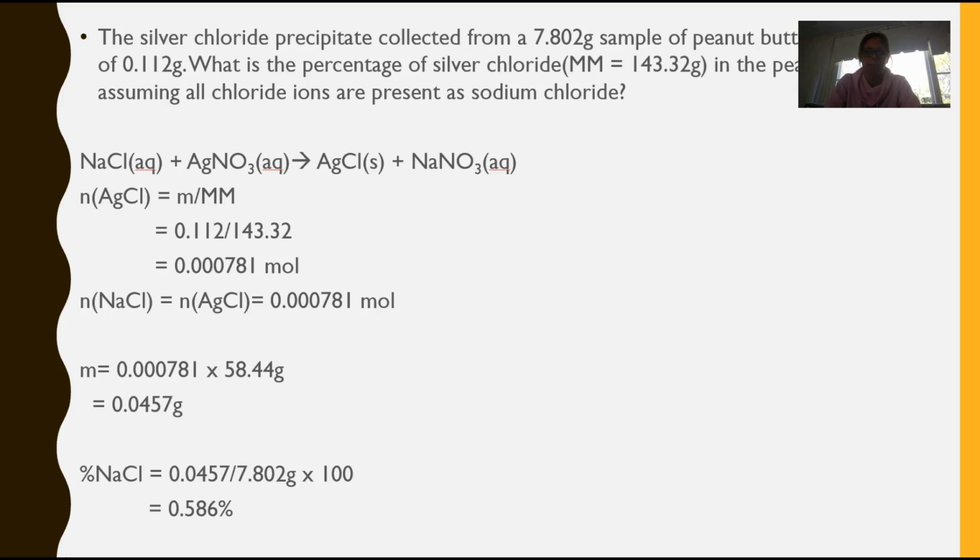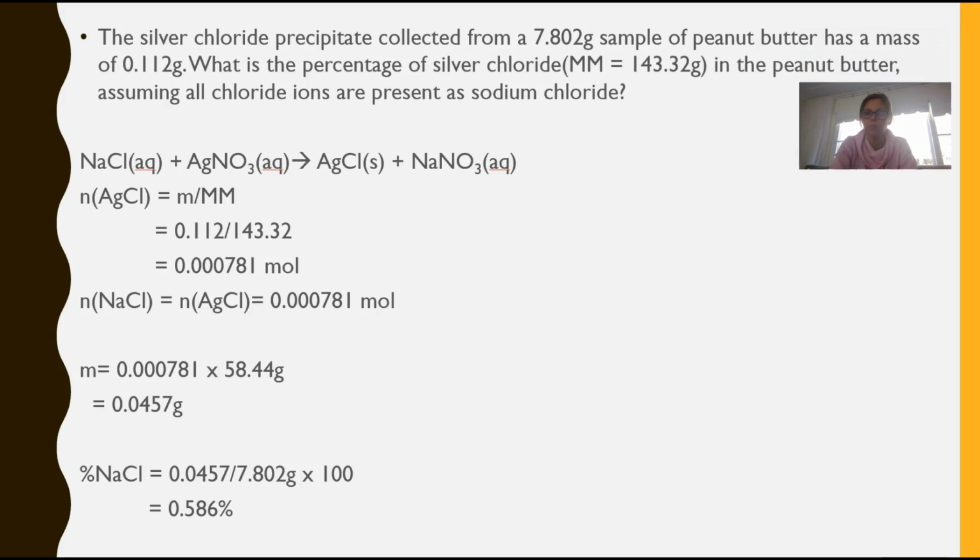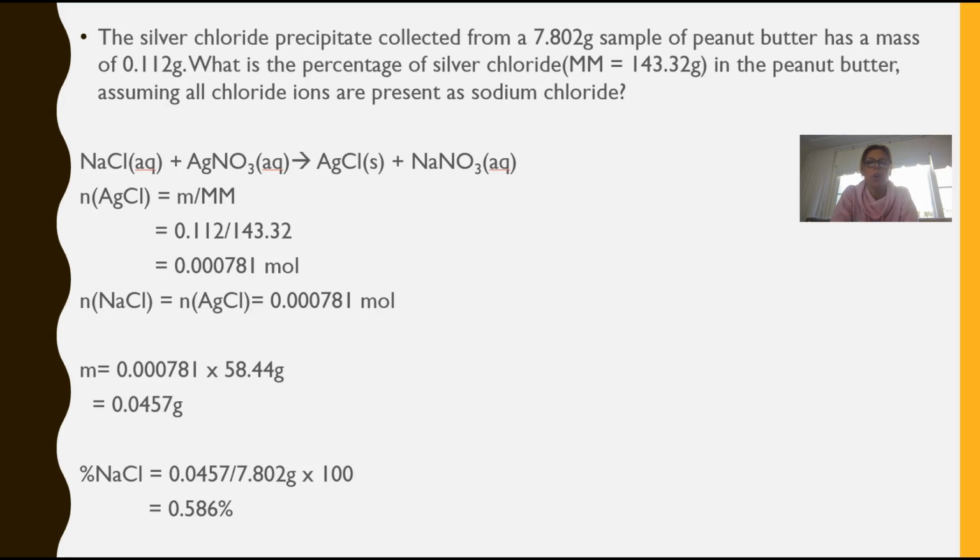So let's have a look at an example. I'll move this down. So we've got a silver chloride precipitate collected from a 7.802 grams sample of peanut butter. So we've got 7.802 grams of peanut butter, and through a precipitation reaction we have removed some silver chloride from that peanut butter of 0.112 grams. What is the percentage of the silver chloride in the peanut butter, assuming all ions are